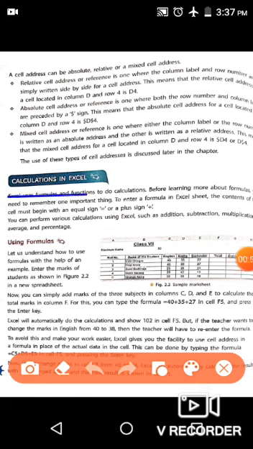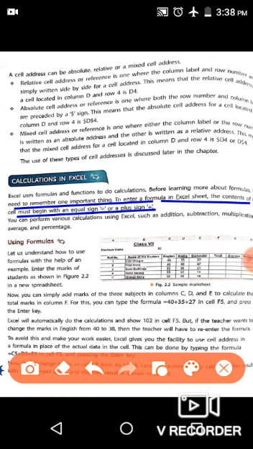Excel uses formulas and functions to do calculations. Before learning more about formulas, you need to remember one important thing. To enter a formula in an Excel sheet, the contents of the cell must begin with an equal sign or a plus sign. So this is very important, students.